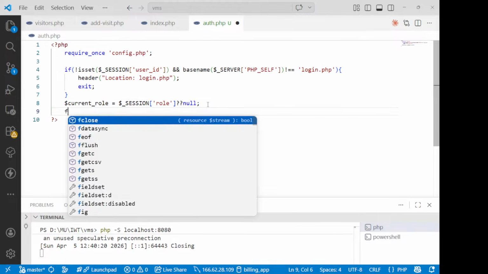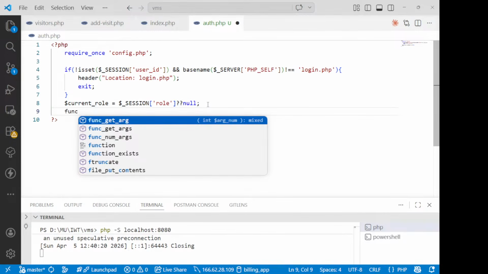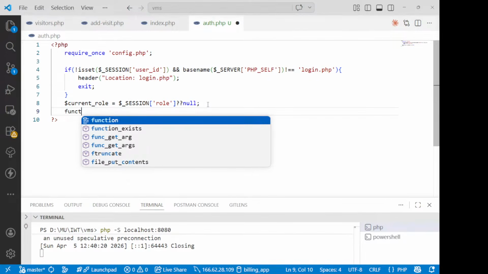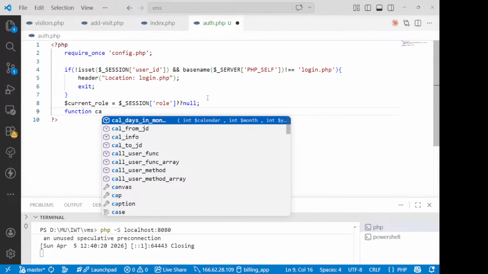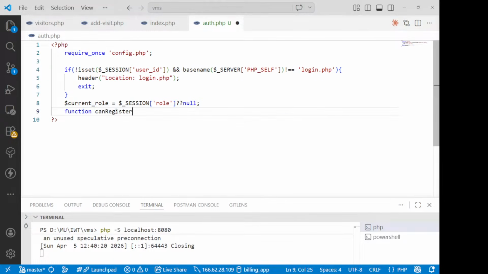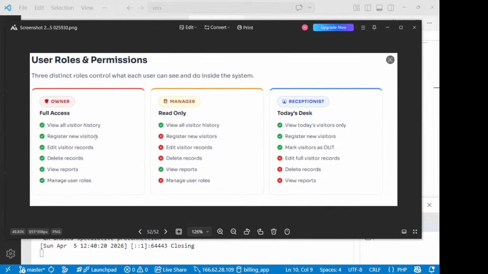ठीक है, उसके बाद हम करने वाले हैं परमिशन चेक। तो हम कुछ फंक्शन बनाएंगे, function keyword. सो अभी क्या क्या करना है हमें, तो अलग अलग जो रूल्स हैं उसके लिए हमें करना है कि भाई वो मार्क आउट कर सकता है, परमिशन रिक्वायर है या नहीं है, डिनाइड है या क्या है। so for that purpose we are just going to check can register visitor, ये क्या रजिस्टर करवा सकता है नहीं करवा सकता है। उसके लिए हमने बहुत पहले एक इमेज देखा था यहाँ पर, ये रजिस्टर न्यू विजिटर, ये नहीं करवा सकता, बाकी के ये दोनों करवा सकते हैं।